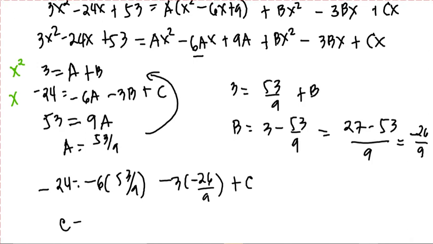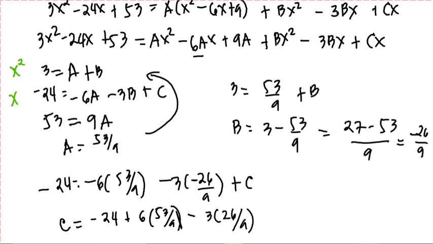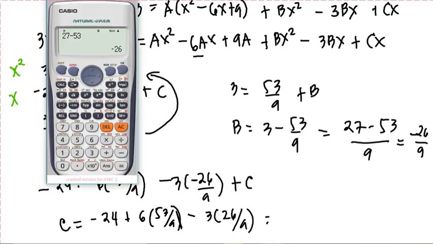So c is equal to negative 24 plus 6 times 53 all over 9. So plus, so minus siya sa piyak. So minus 3 times 26 all over 9. So this will be equal to